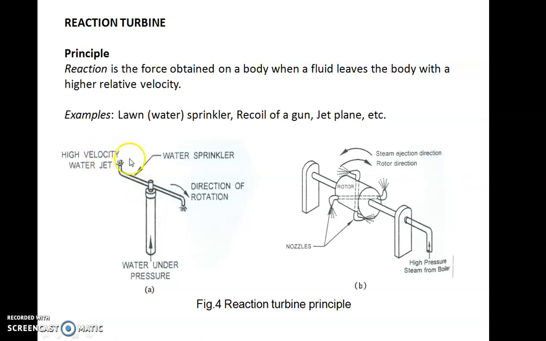As soon as you are increasing the velocity through the nozzle, there is a force exerted on the back side, and that is called a reaction force. The same principle we are using here for reaction turbine. So it is also exerting some reaction type of force on the turbine moving blade, and the blade moves. Here the principle is shown. It is exerting the force on the rotor, and that's why the rotor is rotating in this direction. Steam is moving in this direction and the reaction is produced in the opposite direction. That's why the rotor is rotating in clockwise direction and steam is going in anti-clockwise direction.